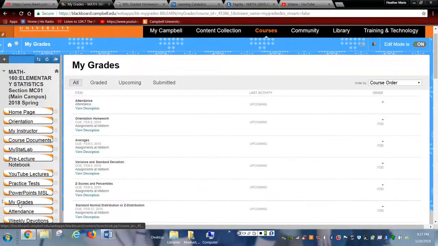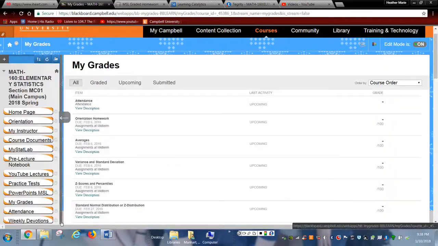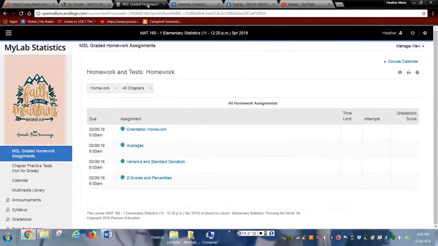It looks like a lot of information for the semester, but those grades are downloaded to your Blackboard gradebook, so you can view your grades and your attendance at any time. Do give MyStatLab a little bit of time to sync those grades. So if we have a pop quiz in class, give me some time to go back to the office and make sure that those are syncing correctly to your Blackboard gradebook. It does not do it instantaneously.